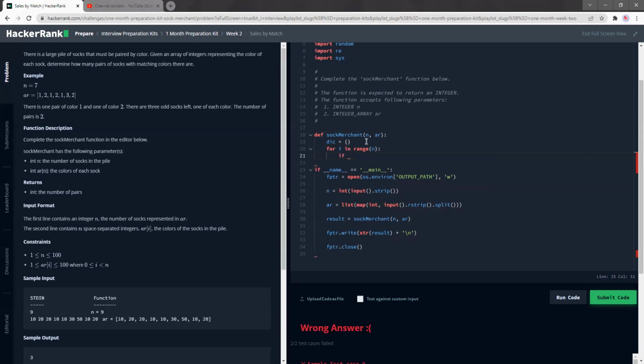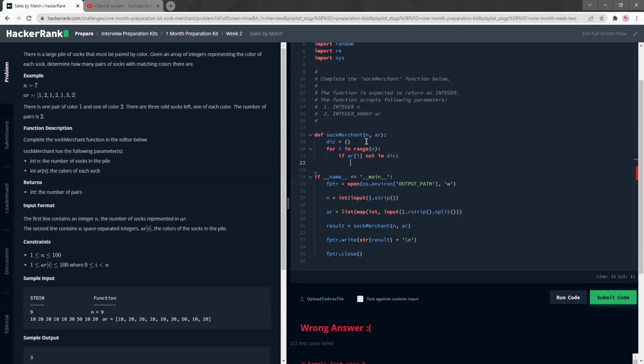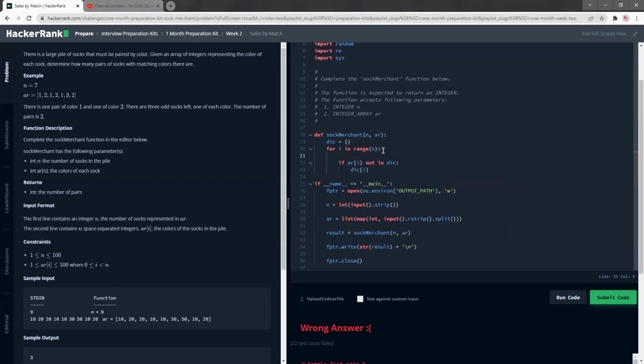If AR[i] not in dict, then we add them into the dict. Maybe I should change the name, I don't want to keep saying that. Okay, I'll just create a new variable. I'm going to assign AR[i] to val. So if val is not in dictionary, I'm going to add val inside it, and I'm going to give it